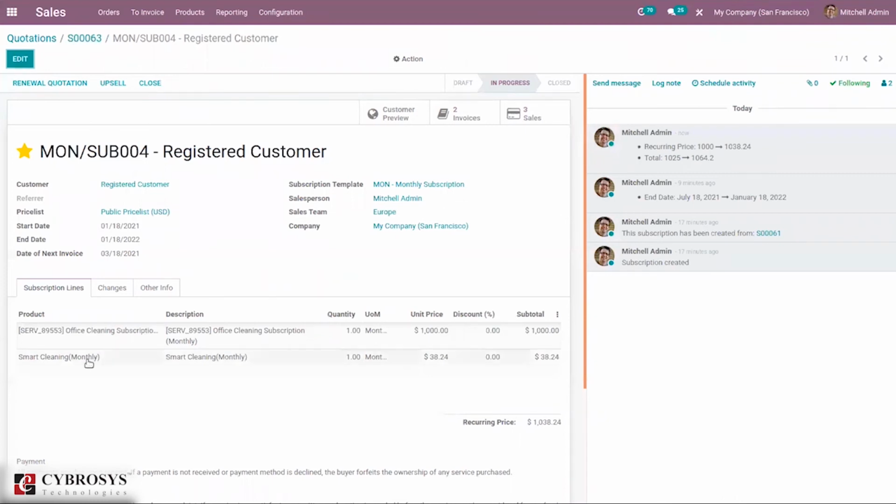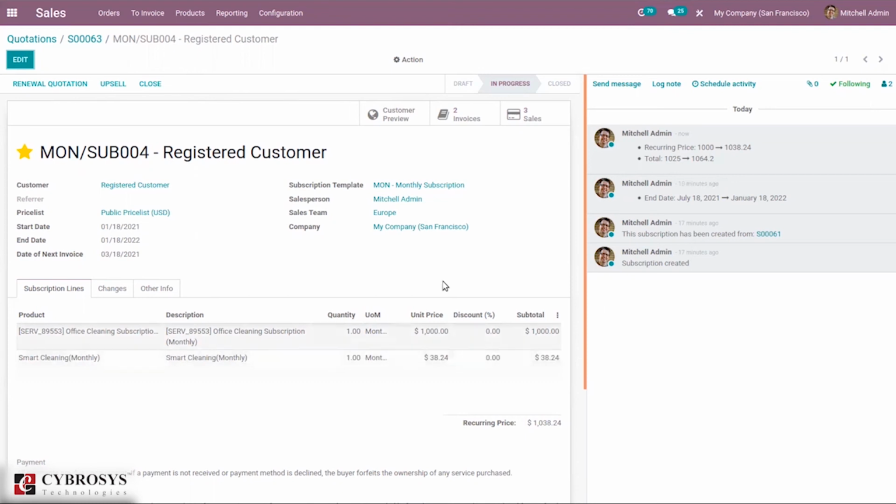Okay. And here we can see along with the office cleaning subscription product, we can see that newly added product, that is smart cleaning product, is added here. So you can see 3 sale orders and 2 invoices created.